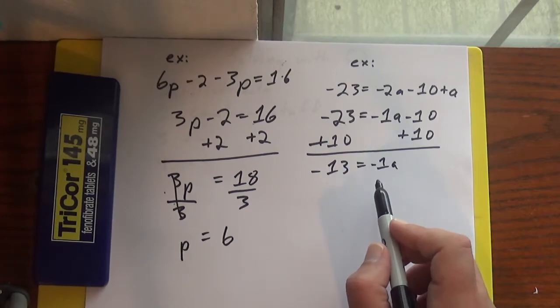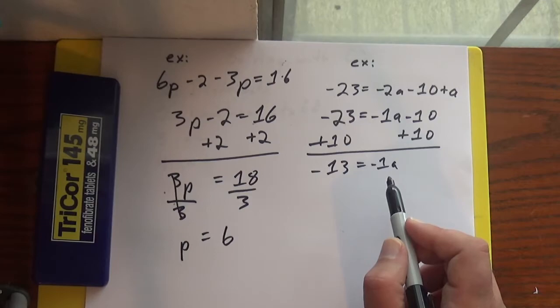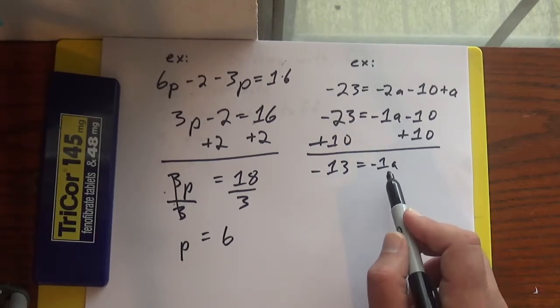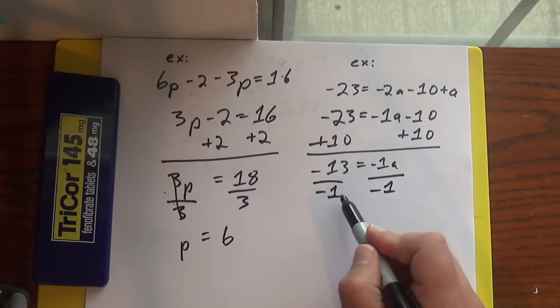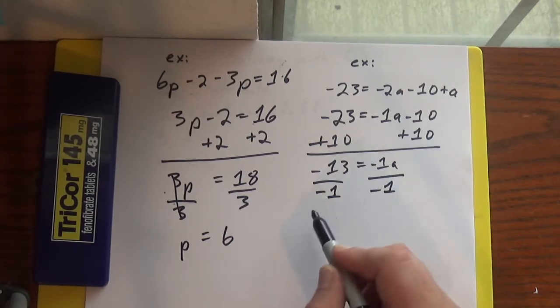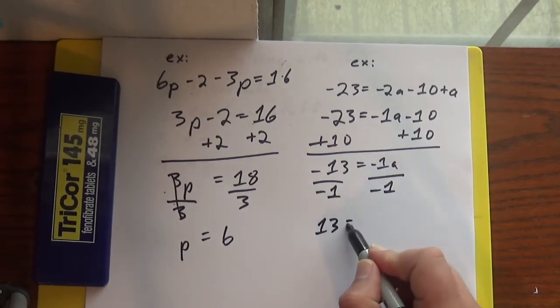Now negative 1, I could multiply everything by negative 1 or divide everything by negative 1 just to stay with the same theme. We'll divide, but either one actually does the same thing. My negatives here cancel, so 13 equals